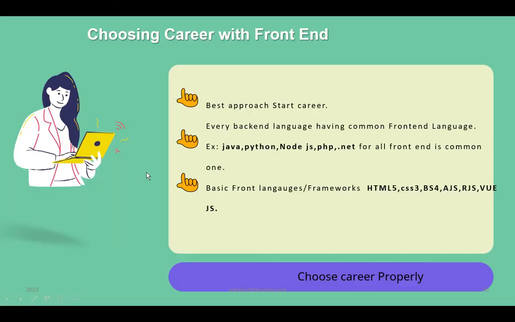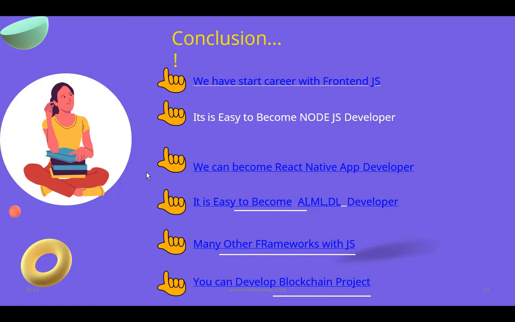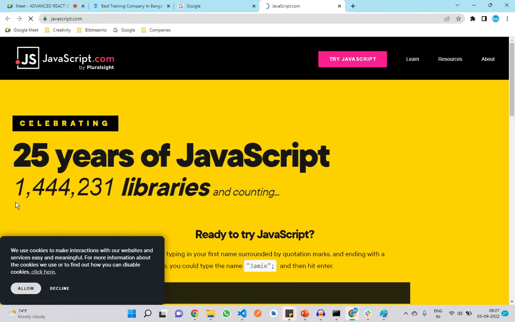and all. Okay, the next is choosing a career. Already I have chosen, so you need not skip. Now I am going to come to a conclusion. Okay, so we have to start the career with front end, with JavaScript. Why JavaScript? See here,